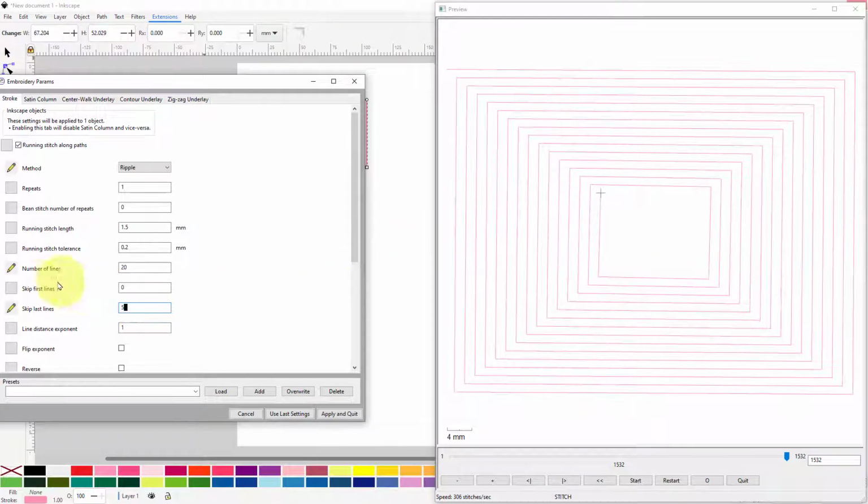It is the same with skipping the first line, then it will skip the outside line. Also, the running stitch tolerance number, if that gets changed, that will depend a little bit